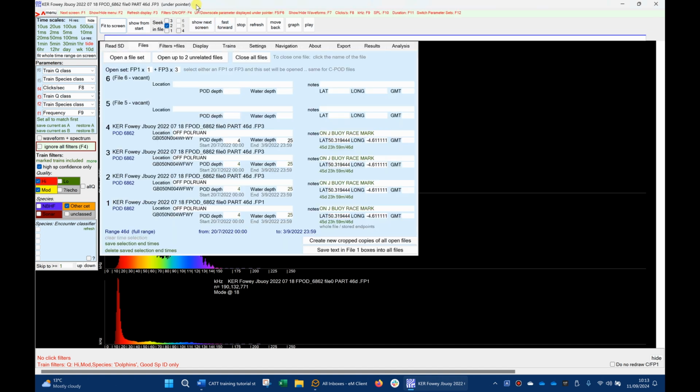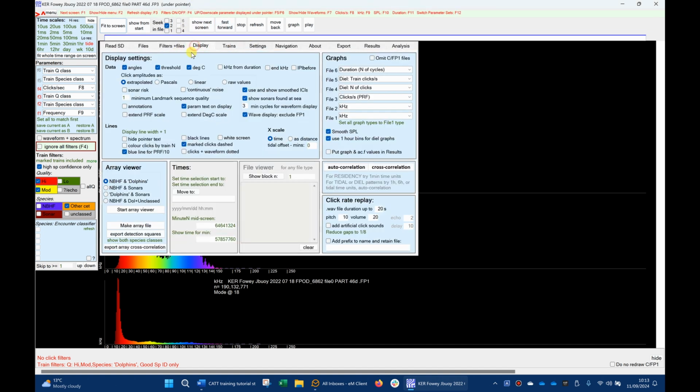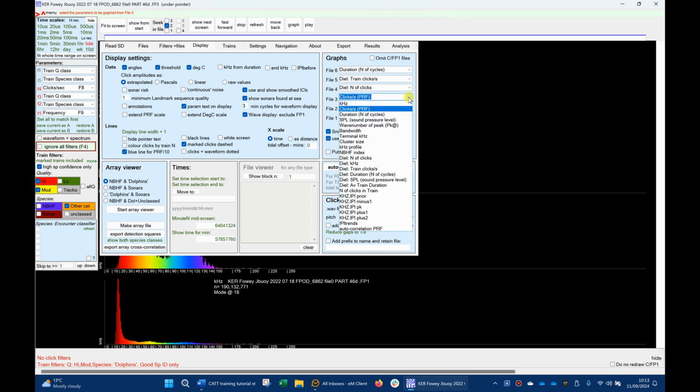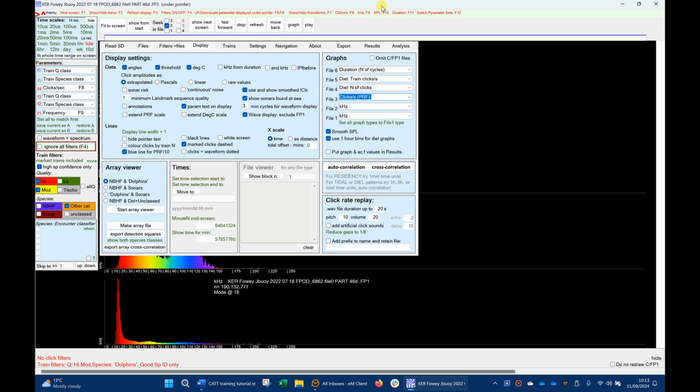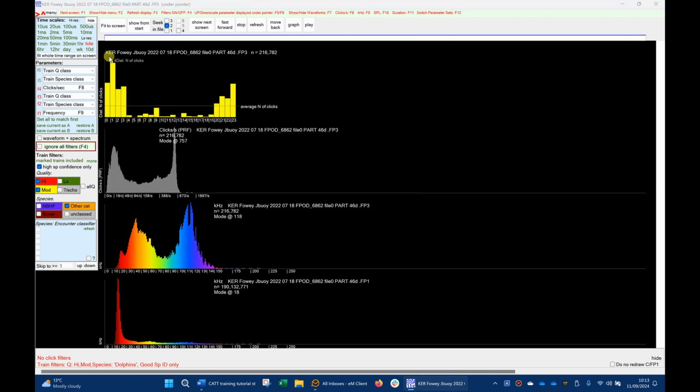I mentioned before that in the display tab you can look at other things in here. So drop down one of these, there are a lot of different things that you can graph on there. I won't go through all of these now because many of them are quite advanced. Having seen what a default graphing session looks like with a standard file set, I'm now going to move on